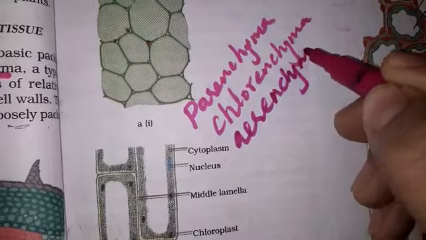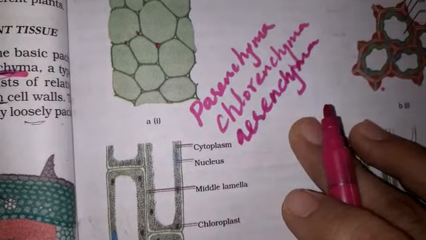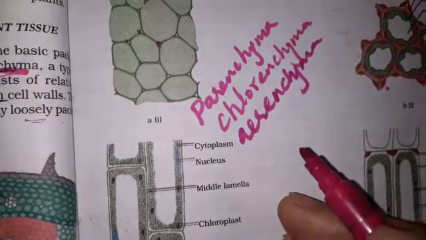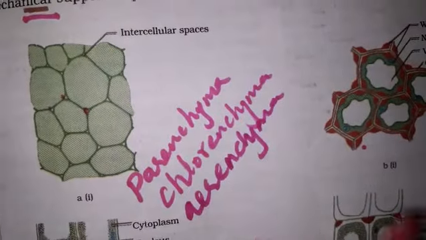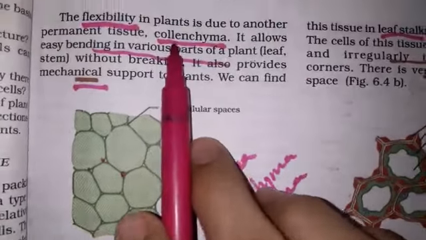Parenchyma. Some of the parenchyma also stores nutrients in the roots, and water. So you don't have to study about that here. The next type of simple permanent tissue is chlorenchyma.